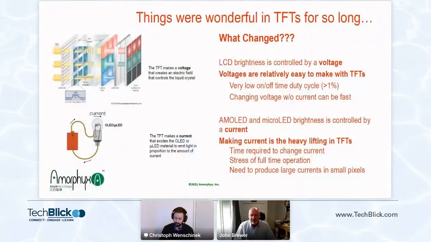In the early days of LCDs, thin-film transistors had a relatively pedestrian function: produce a variable voltage in response to a data signal to control the polarization of liquid crystal. Making a variable analog voltage with a very low on-off duty cycle is about the easiest thing a transistor can